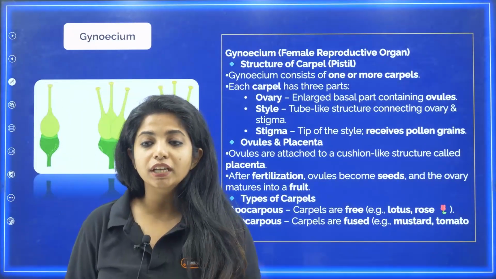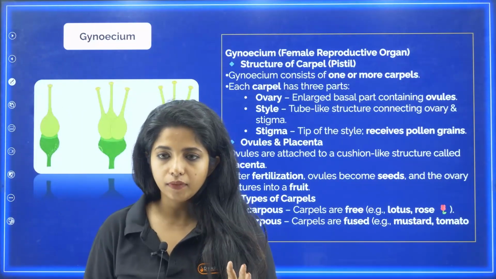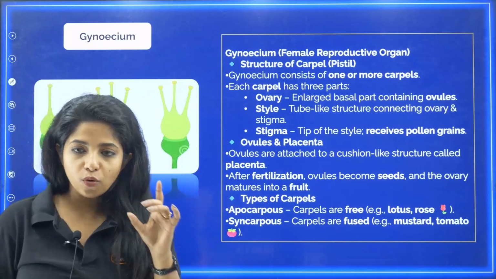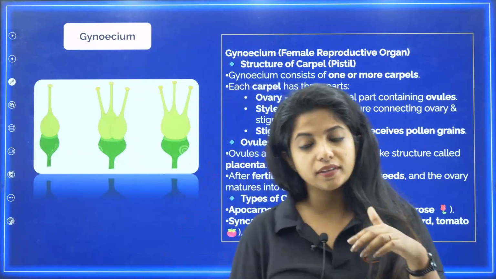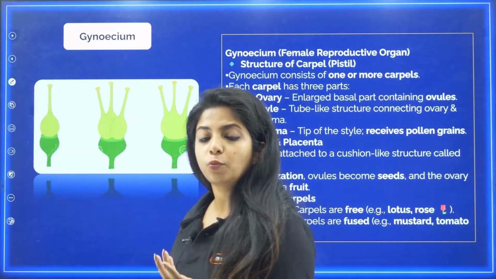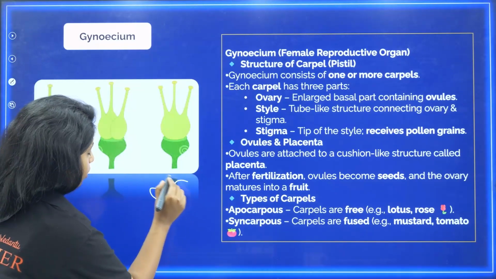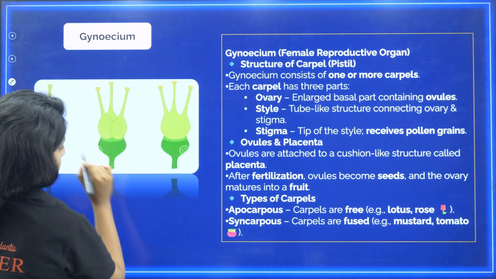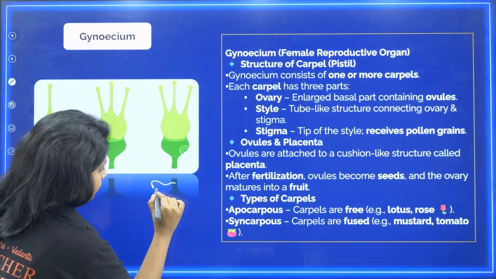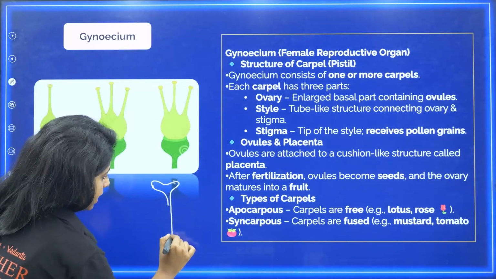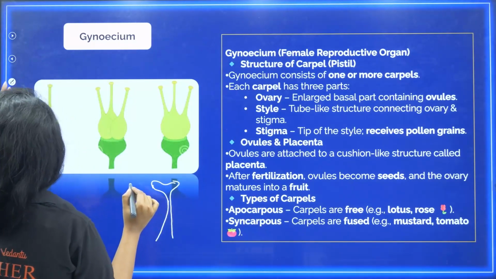So gynoecium is what? The female reproductive part. Gynoecium consists of one or basically more than one carpel. What does one carpel consist of? You call it a carpel or pistil. So carpel consists of a sticky stigma, and then there is a style, and then